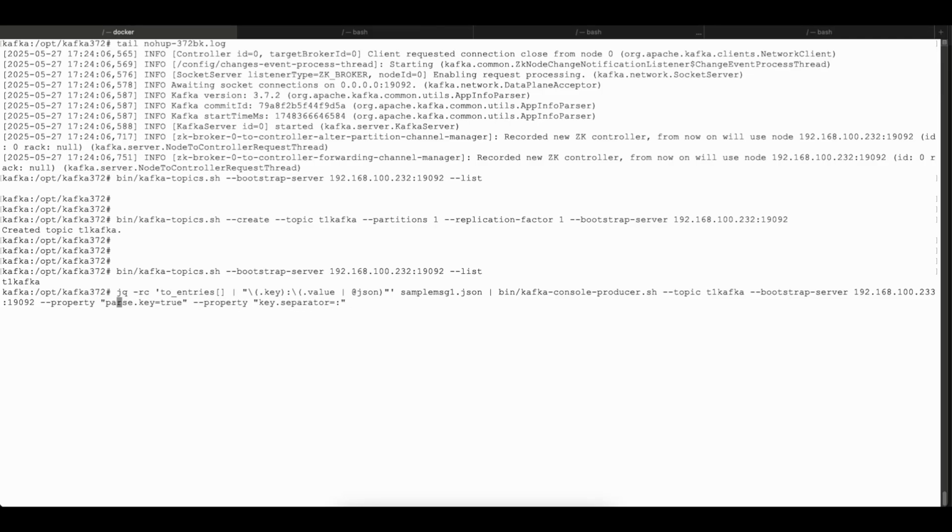Let me change my broker or bootstrap server properties. Parse true. I want to parse the key with the separator as semicolon. Okay,